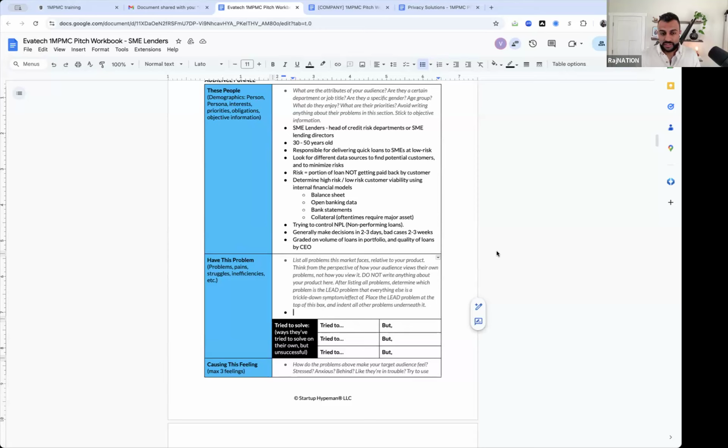A good example is, I see this often when it has to do with software that's automating a legacy industry. The founder will say, oh, their problem is they have outdated systems, but the user doesn't necessarily look at it as, I have an outdated system. So I want you to really think and speak through the lens of what their problems are through their lens.